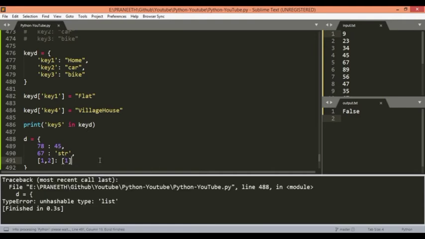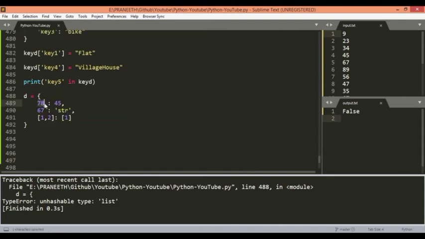So let's run this. So this 78 is an immutable value because we can't change any of its digits directly using any of the methods of integer. So here, as we use mutable data such as list, as we can change any of the data of list using some operations, we got an error.